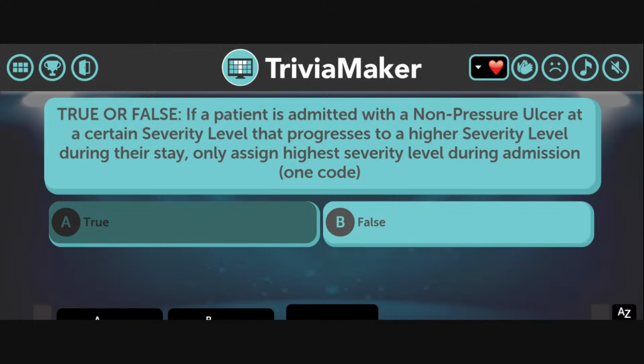You're going to assign one for the ulcer site and severity at the time of admission, so present on admission or POA, and the second for site and highest severity level reached during the admission. And then the code for the present on admission or the POA code should be sequenced first. So with this one, you're going to be using two codes, and the one that you're coding for how the site and severity was on admission, you will code that one first. So that's what makes this one false. If you caught that one, great job.